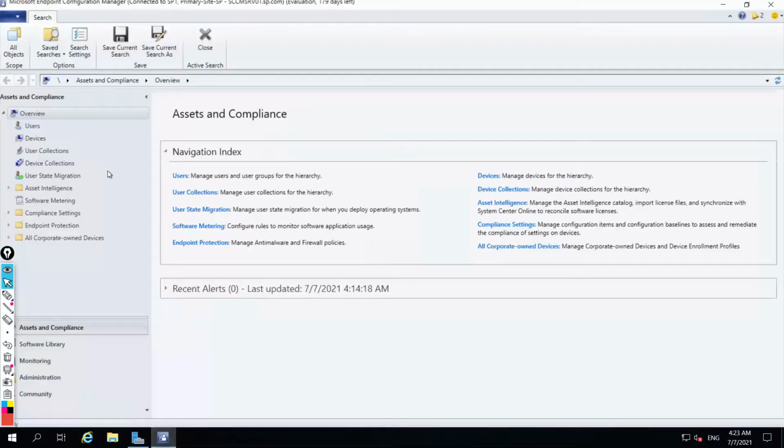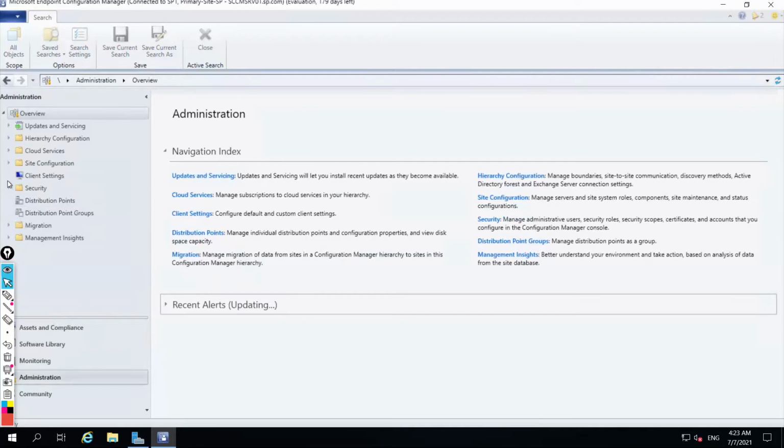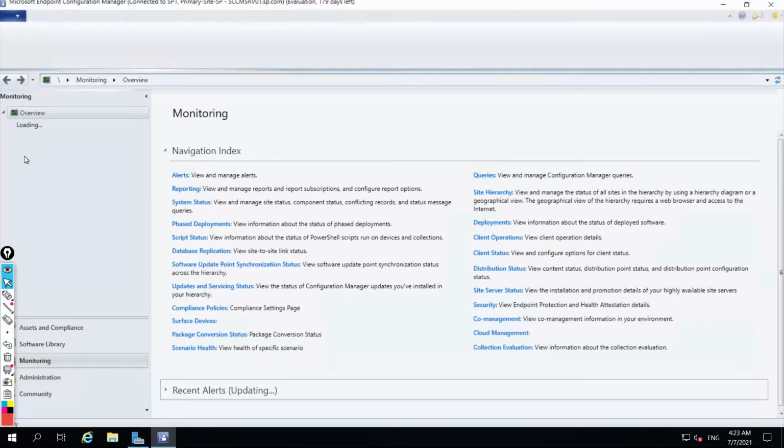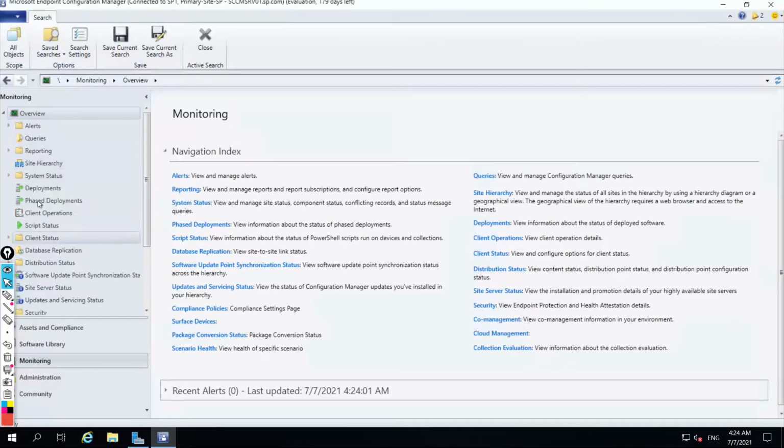So I'll go to administration. Under monitoring, we have system status, and we have component status.